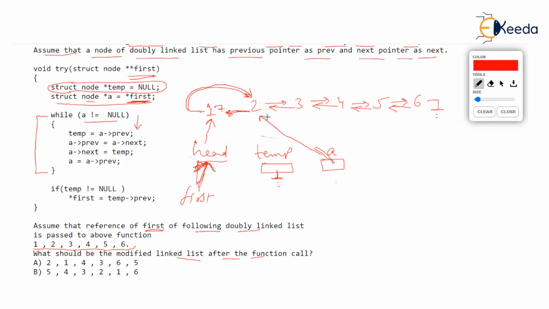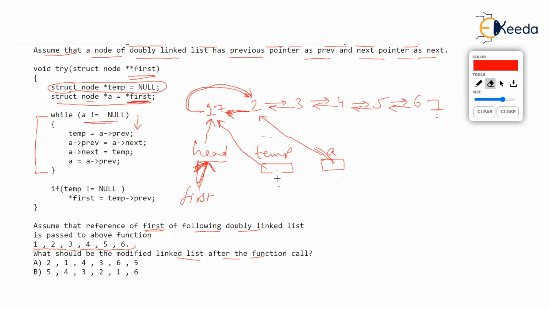Okay, after a is equal to a arrow prev, let's get back to while, and while says that it will repeat only if a is not null. Very well, a is not null, a is pointing at 2. So let's execute these lines. Temp should become equal to a arrow prev. What is a arrow prev? Let's see. A arrow prev means prev of 2. And you notice prev of 2 is pointing to 1. So temp will point to 1. Temp will become equal to a arrow prev, means temp will point to the same node where a arrow prev is pointing. So temp won't be null anymore. It was null all this time.